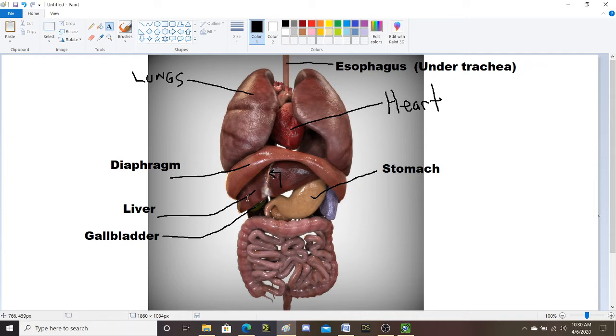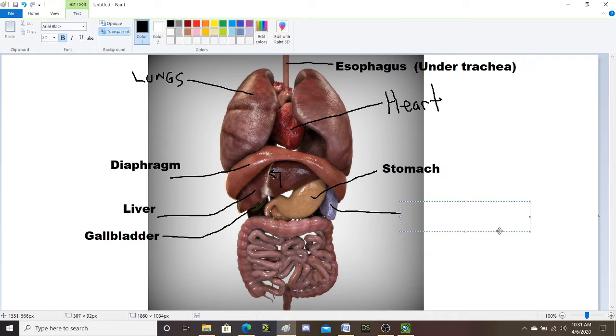So you've got your liver on the upper right quadrant of your abdomen. Right below it, that green structure is your gallbladder. Kind of centralized is your stomach. Then, if you notice, we've got this bluish organ in the upper left quadrant of our abdomen. That is going to be your spleen. The spleen is also much smaller than your liver,